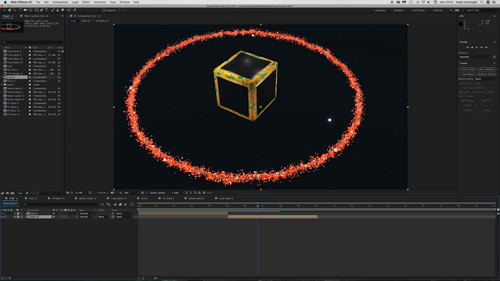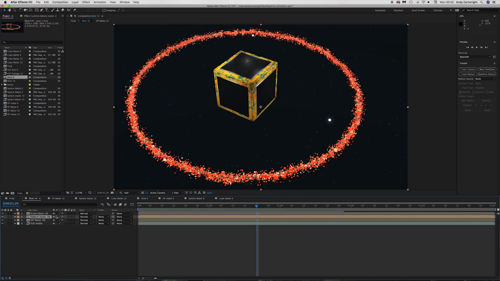So up here you can see I've got all the different files, and then also I've got lots of comps. And from previous post, I have been rendering out using a multipass, and the main reason for doing the multipass is now very evident, and this is where the main benefits of doing it have come in. So if I go into shot 10, you can see here that shot 10 is in its own